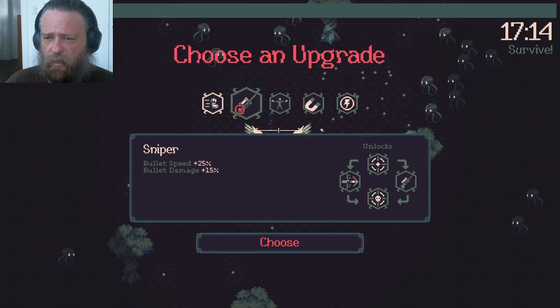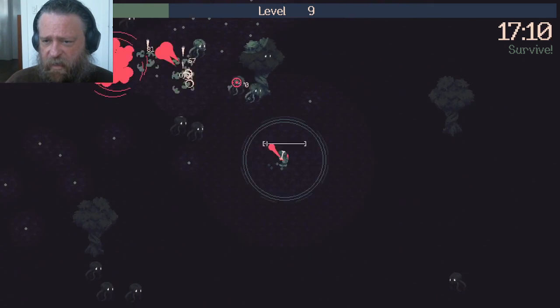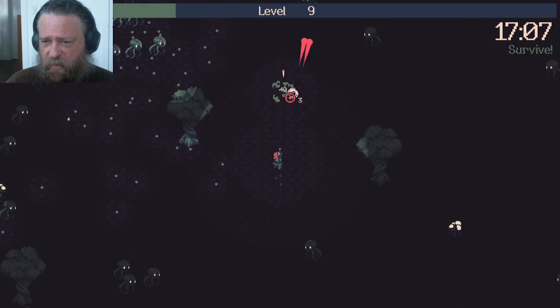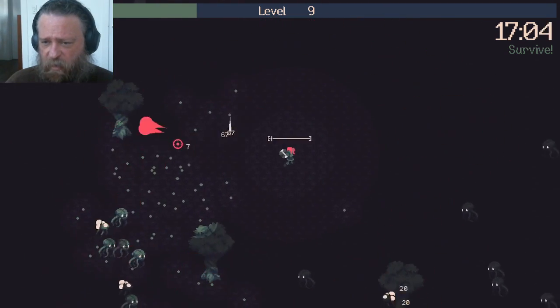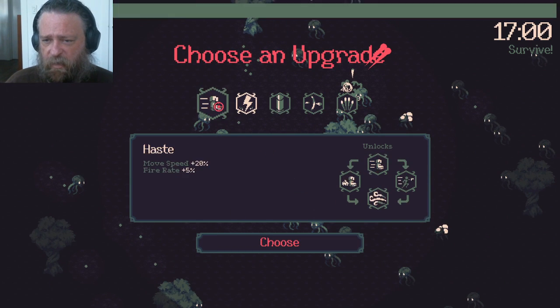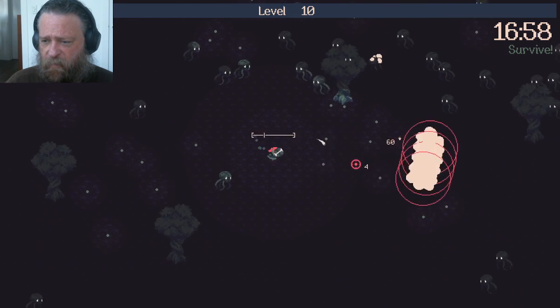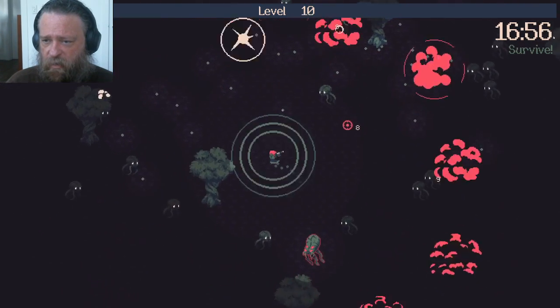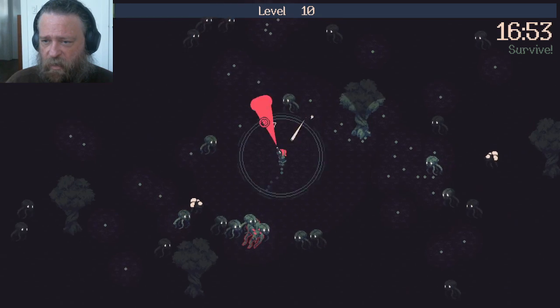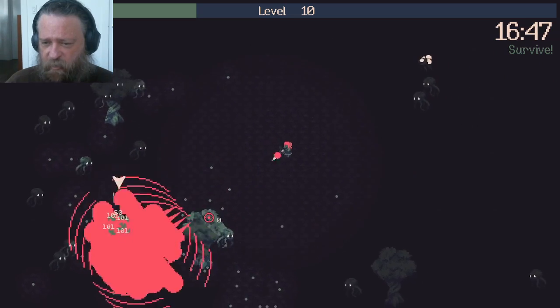All right. More bullet speed, more bullet damage. Sure. Definitely liking getting the bullets well away from me. Doesn't help me if I'm close in. But them's the break. So let's go to Fusillade, because lots more localized damage because of the splash. Or sorry, much more targeted damage, but also